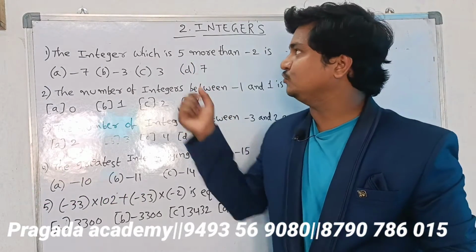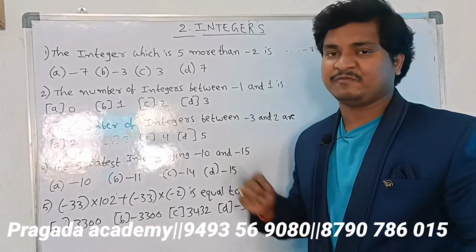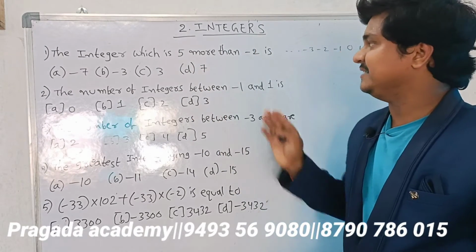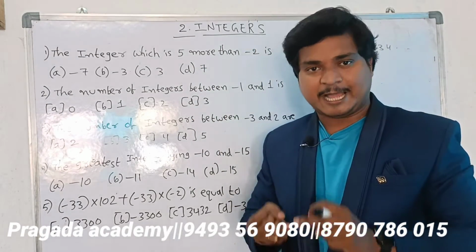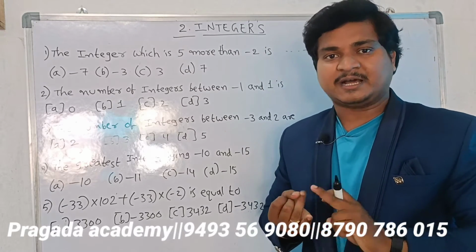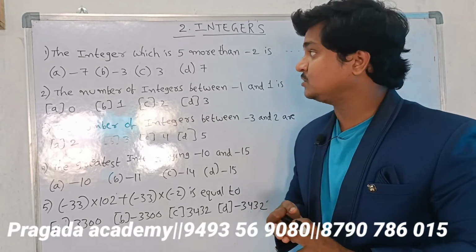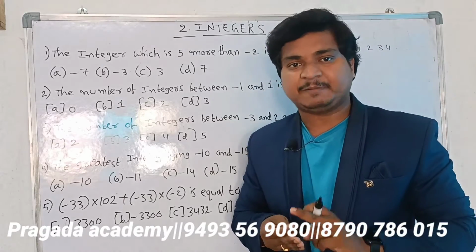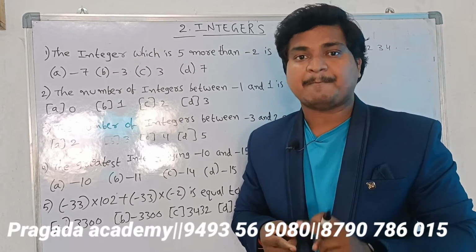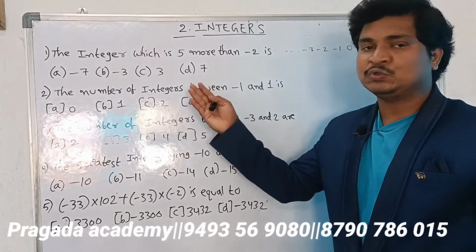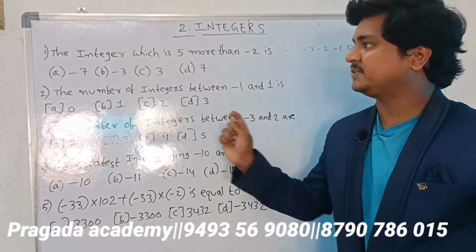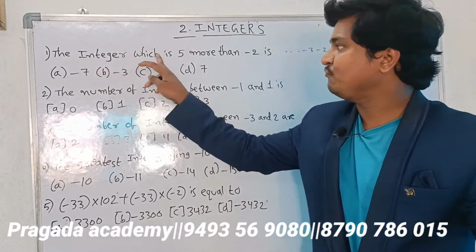See, coming to the objective bits in this integers chapter, before knowing about them, we should know about absolute value or mod values, and also the BODMAS rule, and also additive identity, multiplicative identity, additive inverse, multiplicative inverse. Coming to the objective bits from the integers chapter, first bit, the integer which is 5